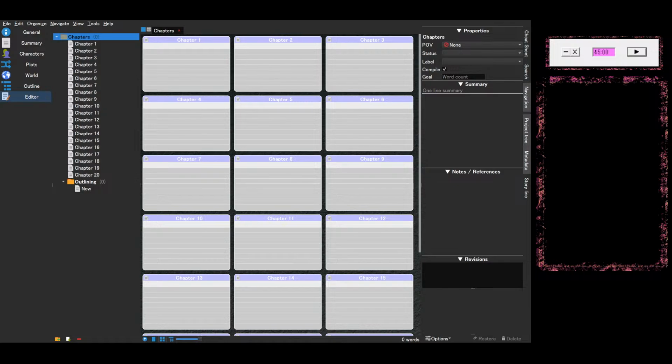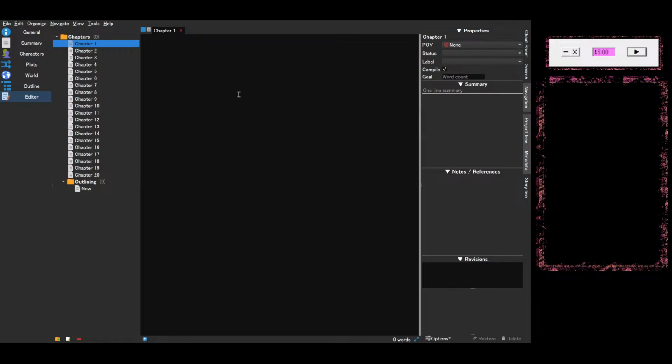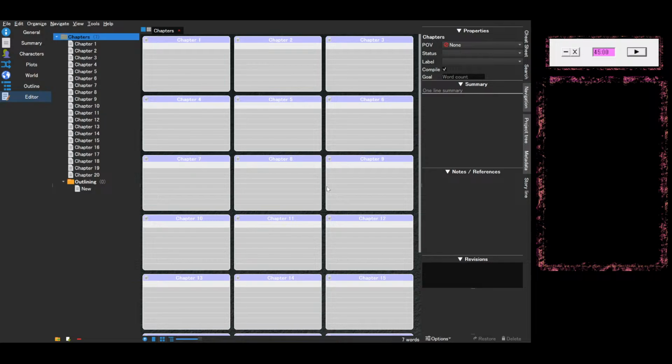Yeah, and up over here you'll see there's a timer. I'll be turning that on in a minute because this stream is not going to be very long, just day one. So anyway, in this program, Manuscript, all of these different parts are sectioned out. So this is the actual word editor part. This is where you type your story, and you can look at an overview with a